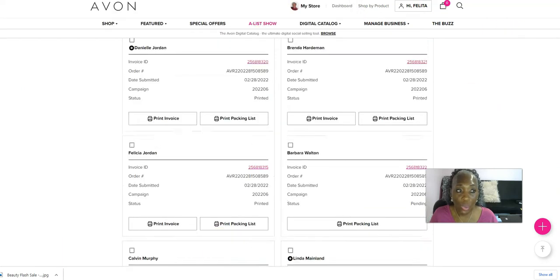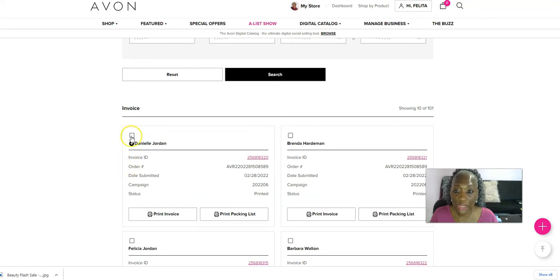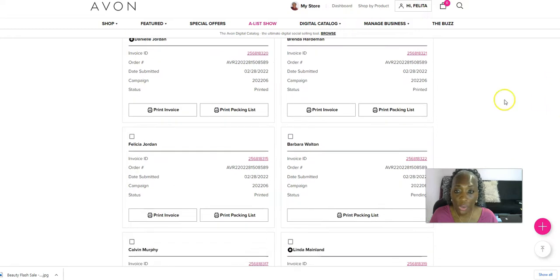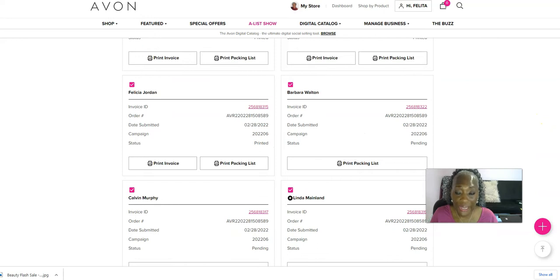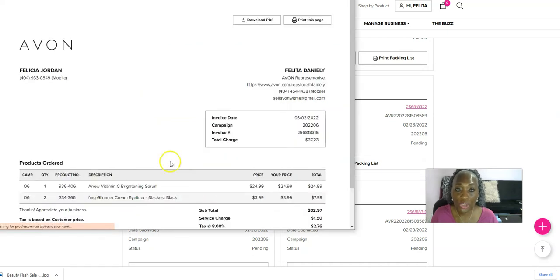So now what we want to do is go in and just select the customer orders, that invoices that we want to print. Okay. All right. So once you have selected each one of those, all you have to do is go here to print invoice. Once you select print invoice, you can even download this PDF form and you can email it over